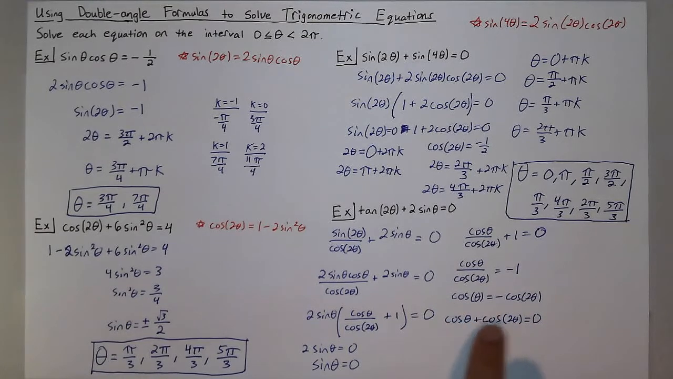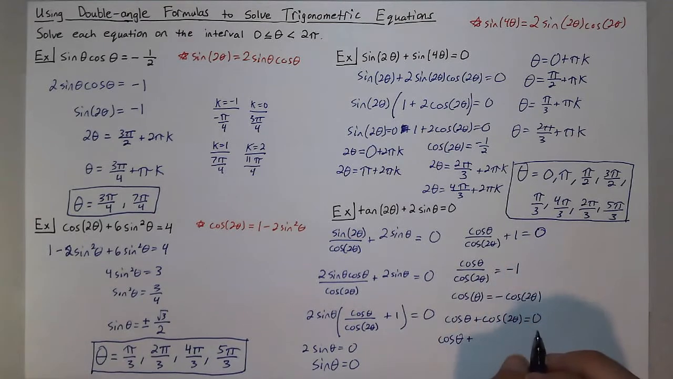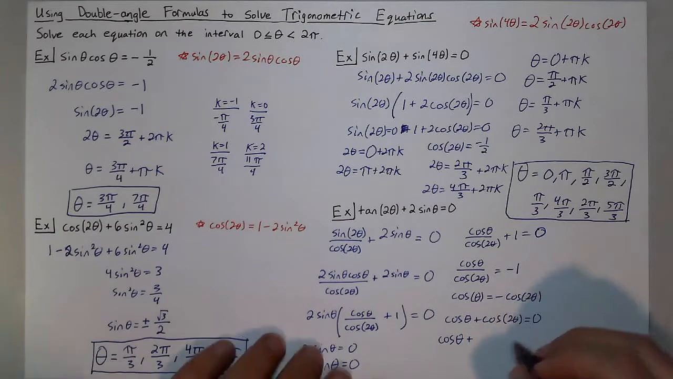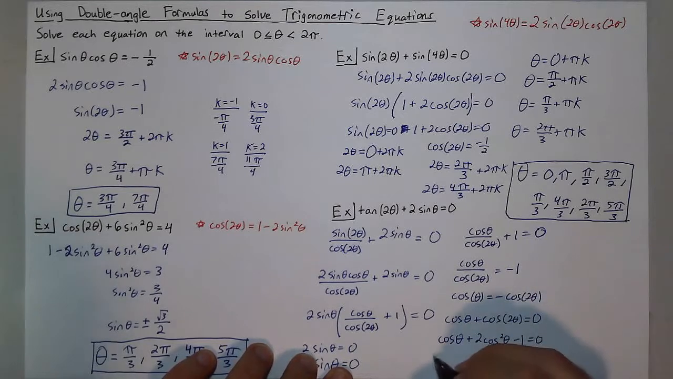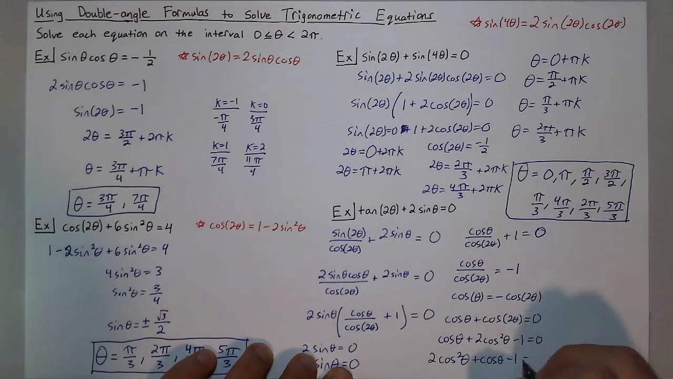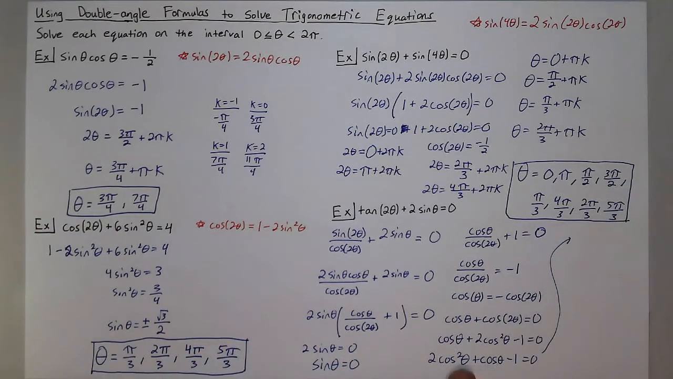But I can use a double angle formula for cosine to reduce the angle down to a single theta. And I'll use the cosine squared formula in order to do this. So I'll get cosine of theta plus the cosine squared formula for cosine of 2 theta is 2 cosine squared of theta minus 1. And now I have a quadratic that I can factor. So 2 cosine squared theta plus cosine of theta minus 1. And if I factor this quadratic, I can get